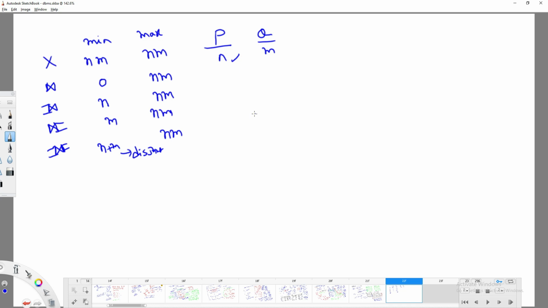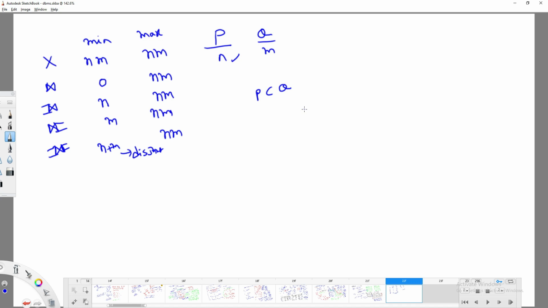When P is a subset of Q, all P will be matched as meaningful data. P is matched as meaningful data, and you are going to get Q number of tuples. Matched data will be part of Q only plus Q invalid data. So can I write max of n comma m? Yes or no?